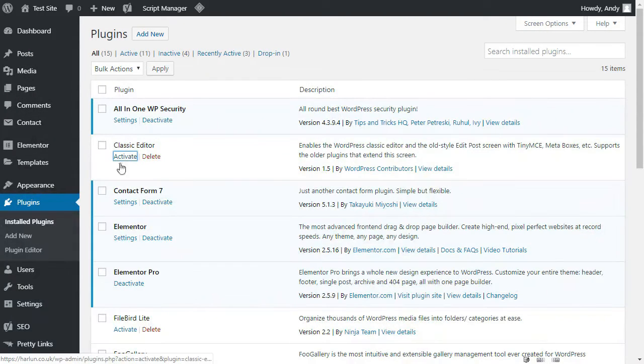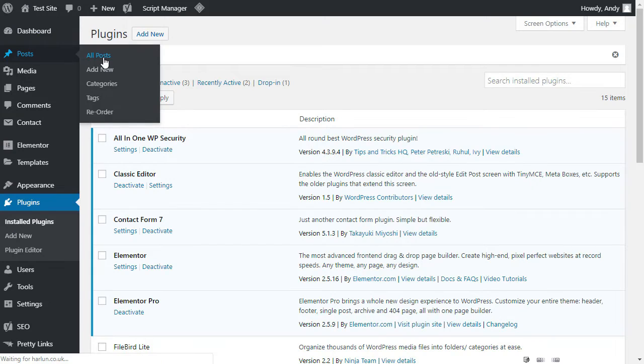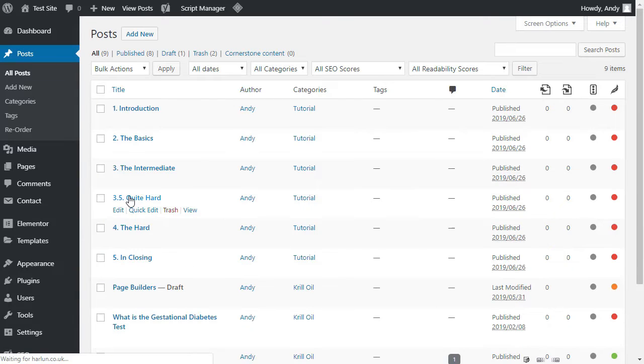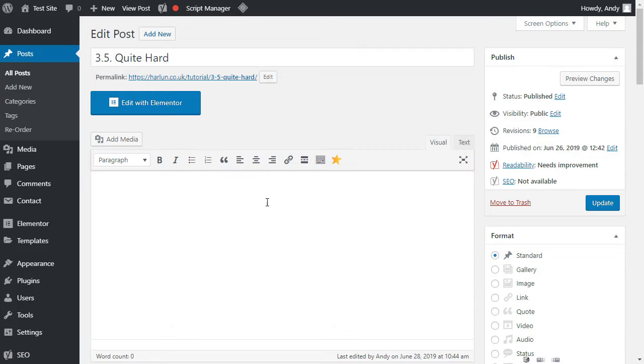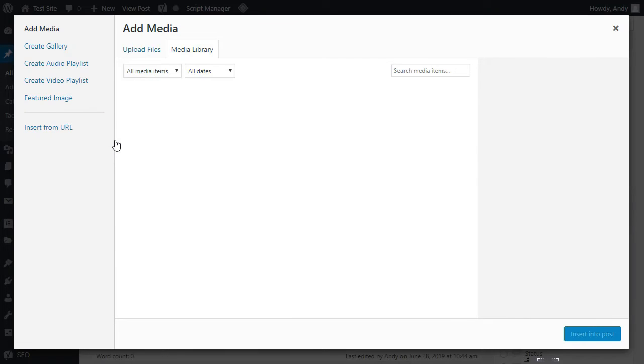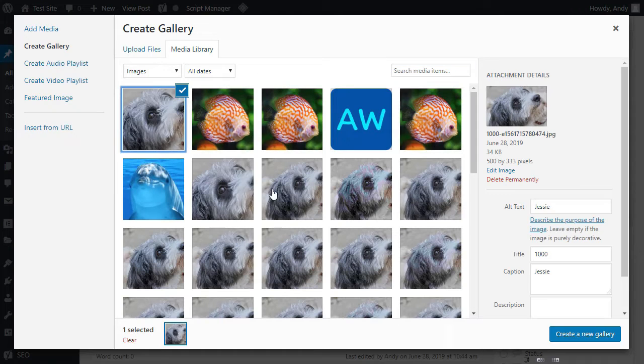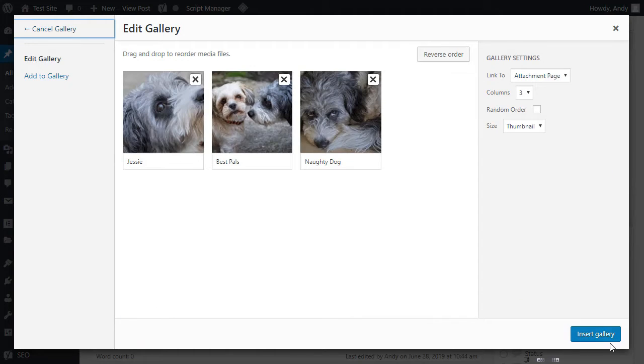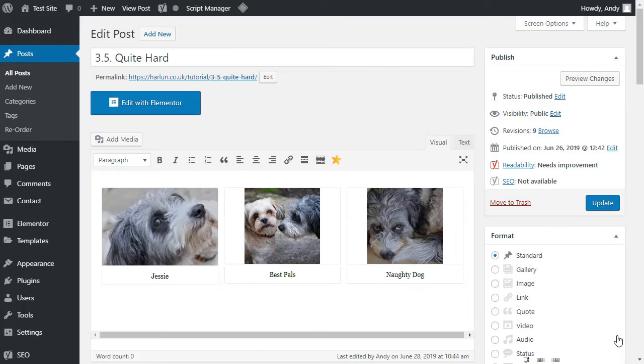If I go back and I activate the classic editor, and let's go back to posts, the quite hard post, and I'm going to click on add media, and then up here create gallery, and click my three dogs, got the thumbnails and the captions, insert gallery, and then we have a gallery. Let's update,